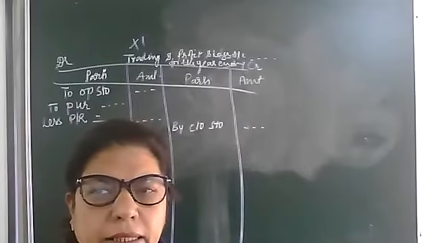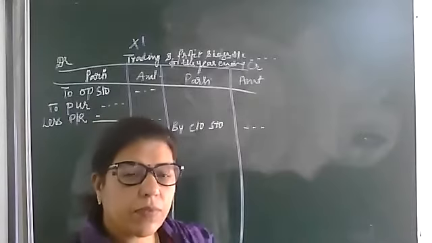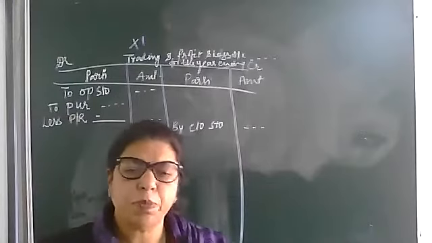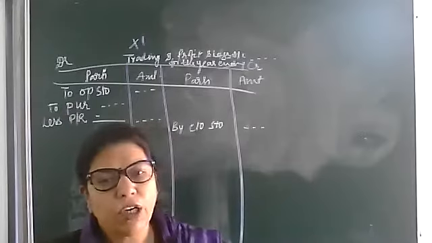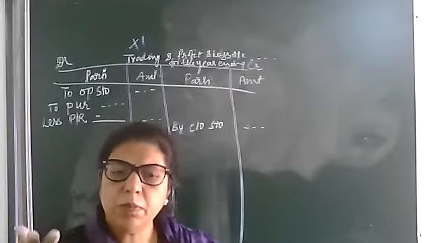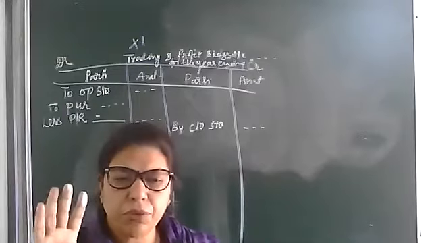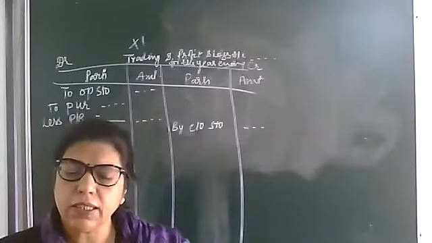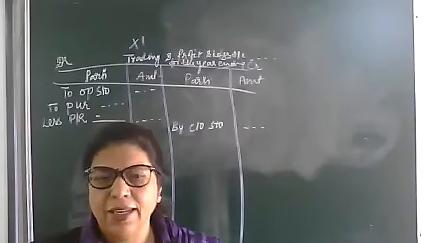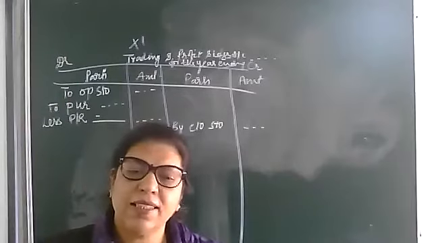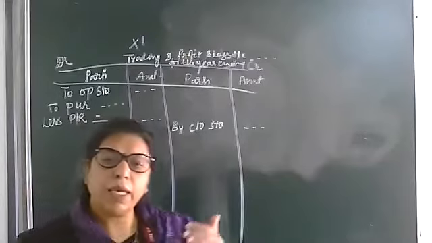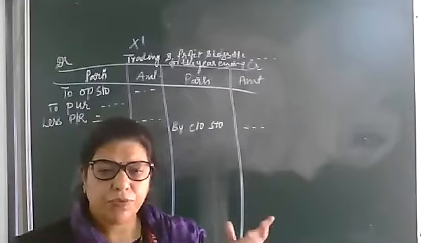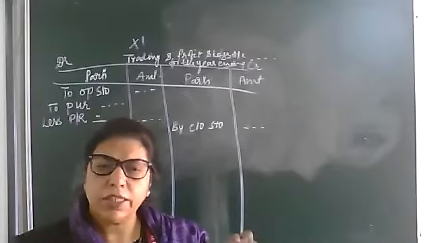Now if we are writing purchase this side, purchase means goods purchased by the businessman for resale purpose or to change the shape, size, design, color and utility. So purchase includes all inflow of goods. Then purchase return means return outward. The businessman may return the goods to outsiders from whom he already bought.